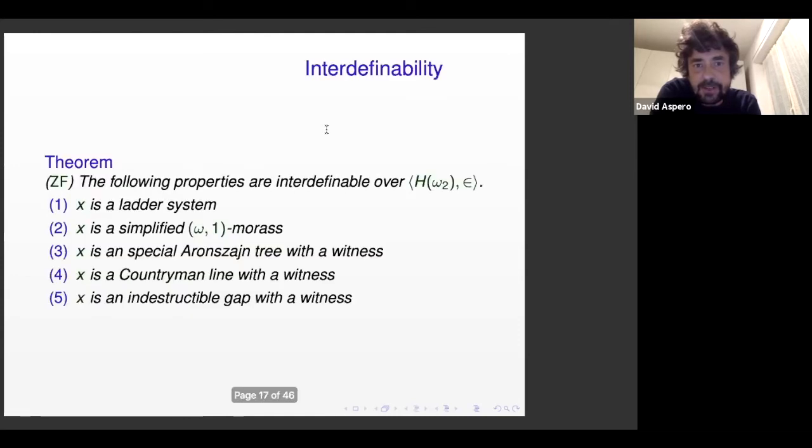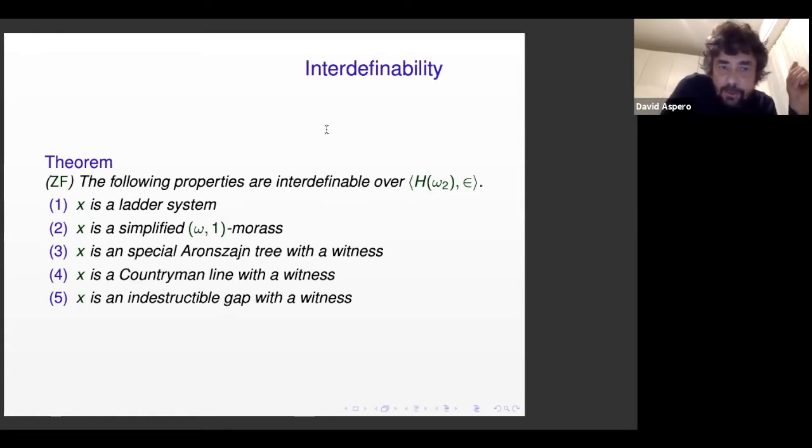The first observation I want to make is the following, working just in ZF: the following properties are interdefinable over H omega 2. By this I mean that if you have any object that has this property, that object will unavoidably encode enough information to define from it, and usually in quite a simple way, some object of the other sort. And these properties, for example, being a ladder system is essentially the same in this sense as being